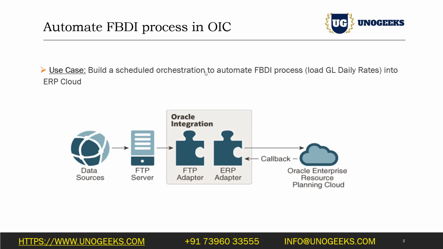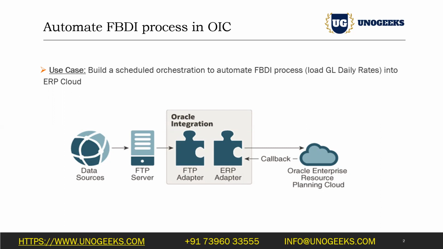Even after go-live, the client would definitely have some systems from where a feed needs to go into ERP Cloud on a daily basis. It could be a journals file from a core banking system. In case it's a banking client, every banking client will have their own core banking system, right? When they implement ERP, they're not going to replace their core banking system with ERP. They will still have their core banking system where the journals get created. At the end of the day, a journal file will be created with all the journals created on that particular day, and during the night, that file needs to be loaded into ERP Cloud.